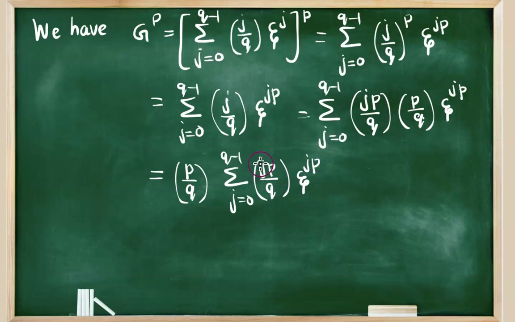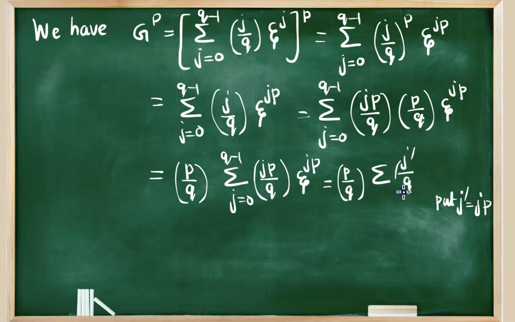Here the variable of summation j does not occur alone. Here j and p always come together. So we can replace this jp using another variable, say j dash. Then the sum becomes Legendre symbol p by q into summation, j dash by q into theta raised to j dash,